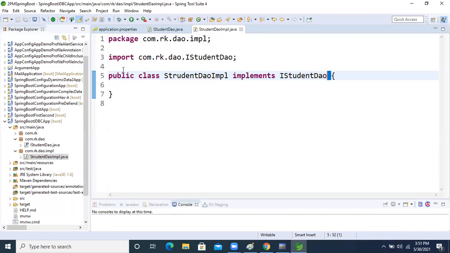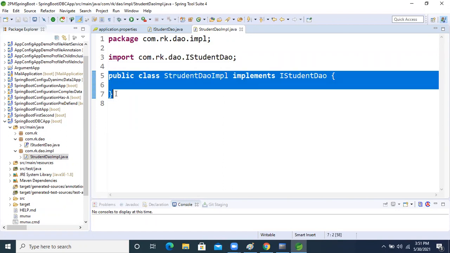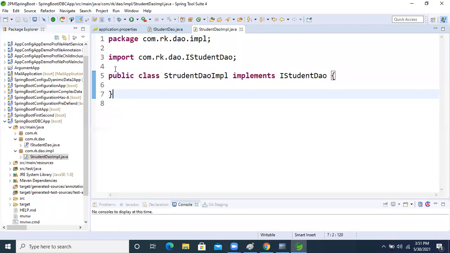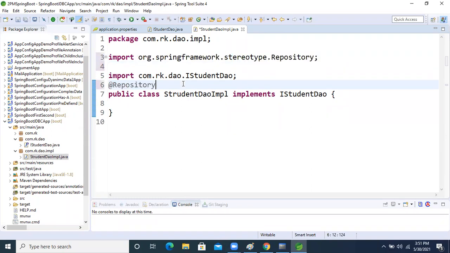So next, I don't want to create the object. Who will create? Our container will create. So what annotation we will apply, because this is the DAO layer? For that, we will apply the Repository annotation on the top of this class.